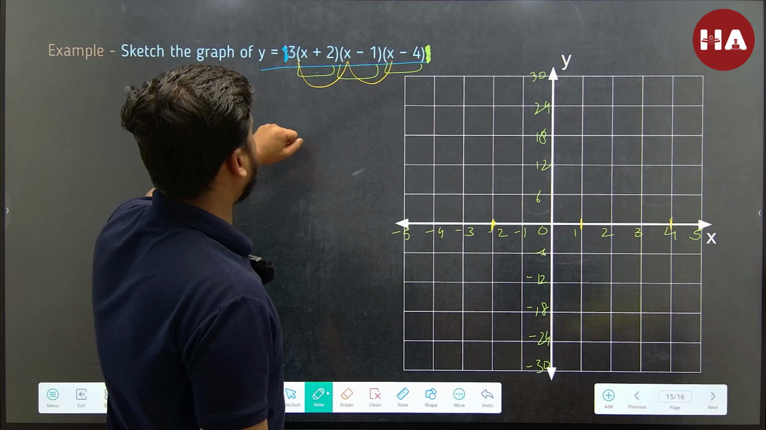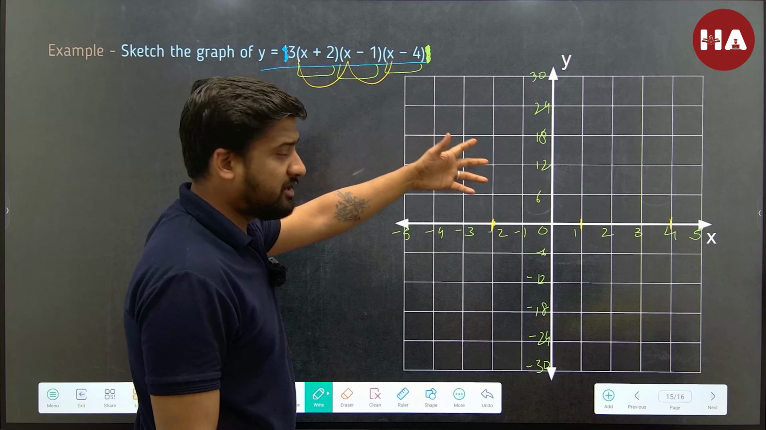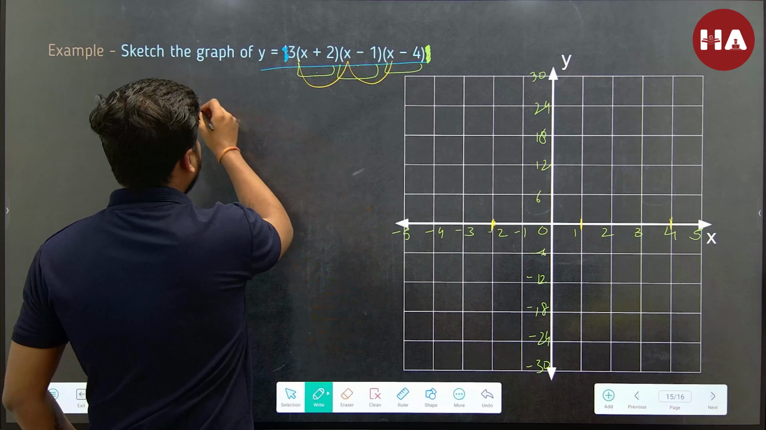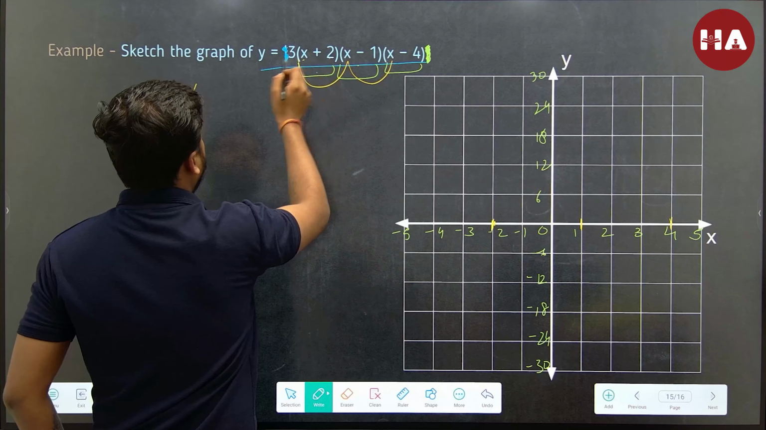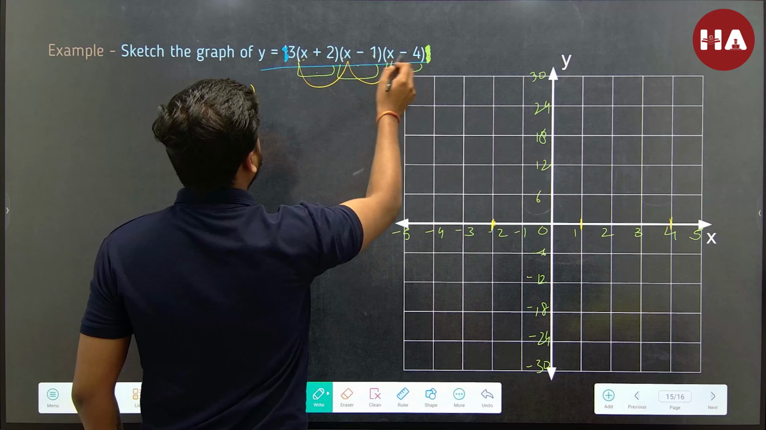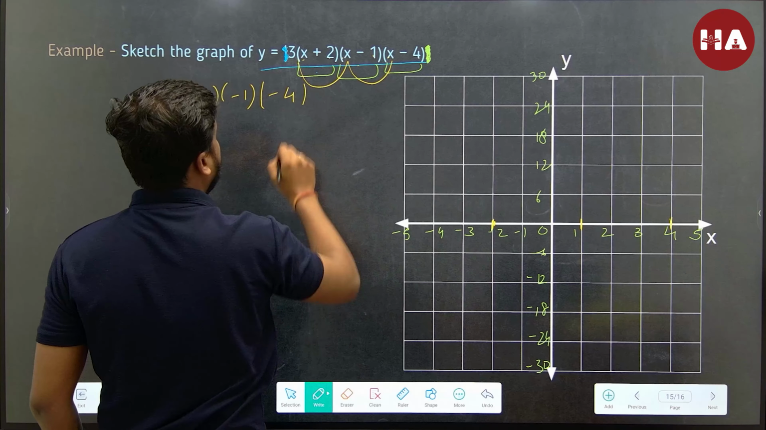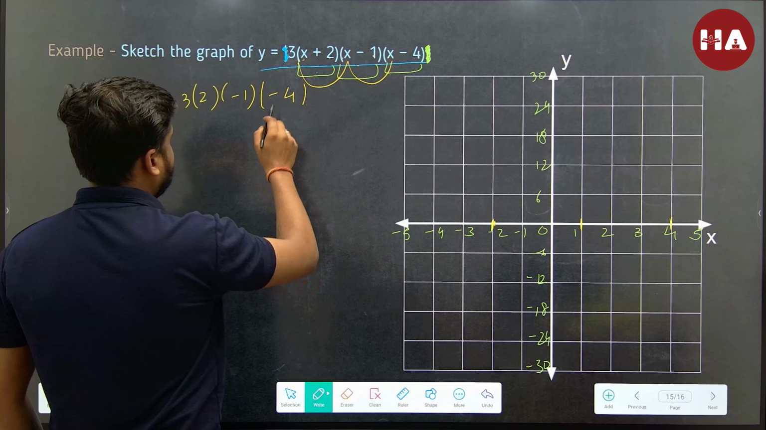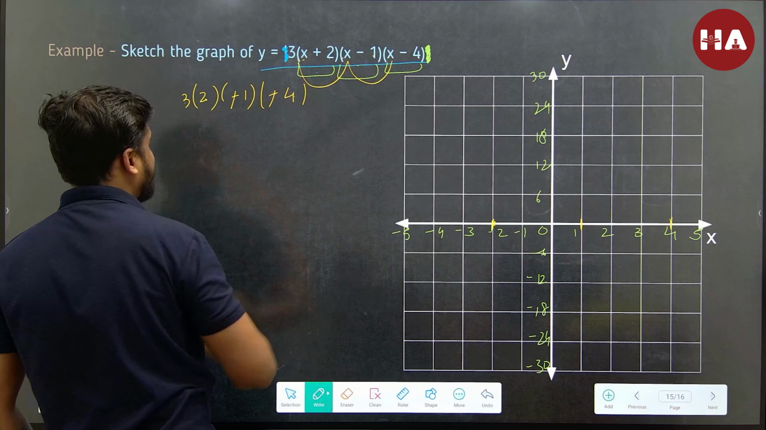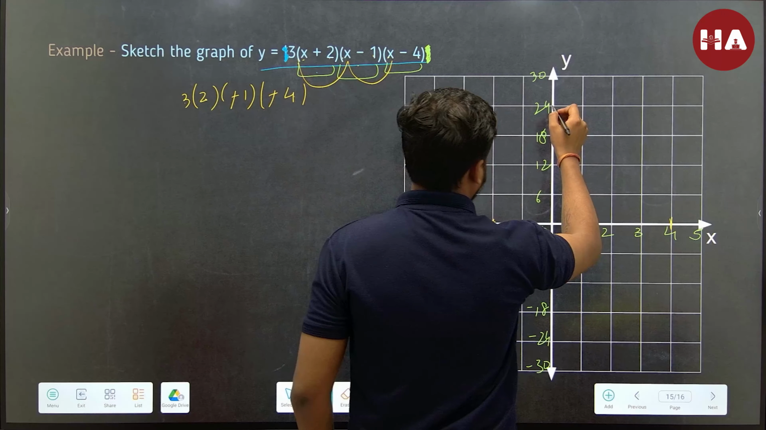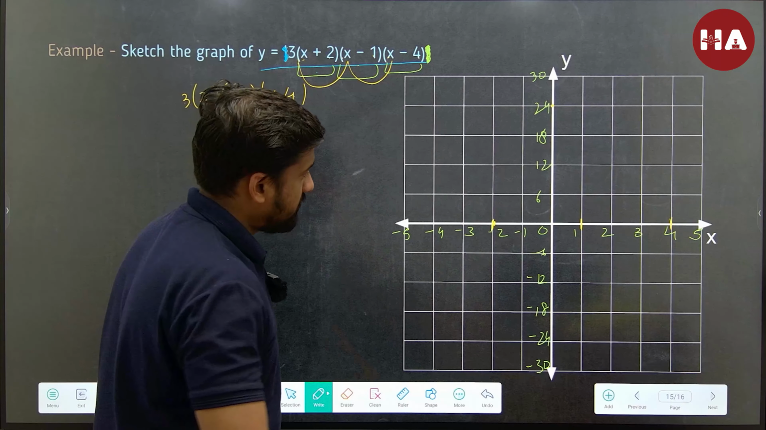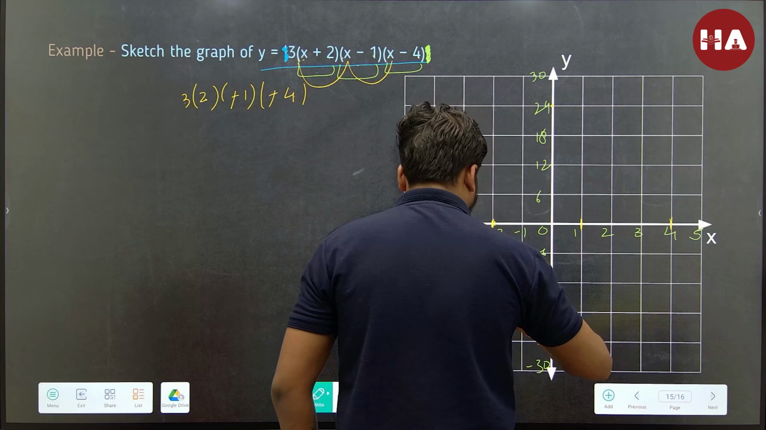So when I put x as 0, because on the y-axis x is 0, I'll get 3 times (0 plus 2), (0 minus 1), (0 minus 4). That is 2, minus 1, minus 4. So minus minus cancel, 4 times 2 is 8, 8 times 3 is 24. So my graph should intersect the y-axis at this point. So my graph should look something like